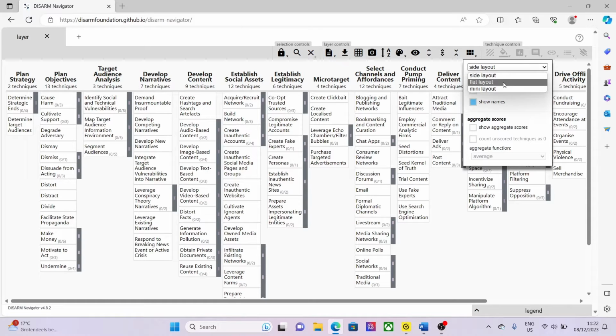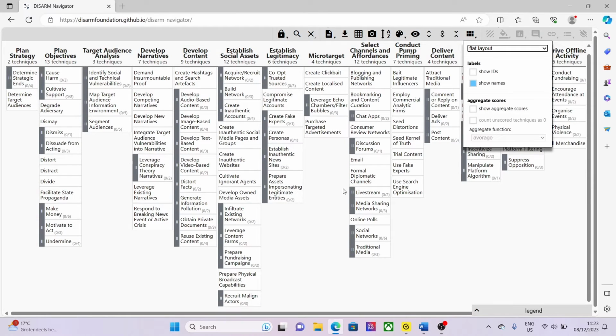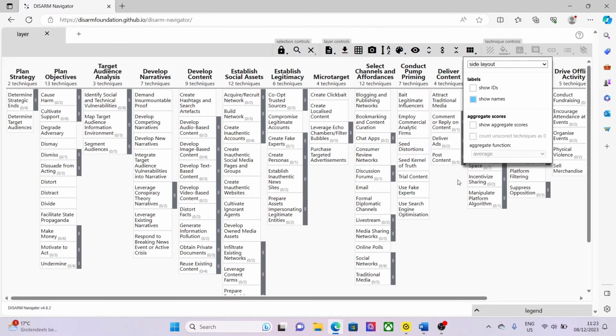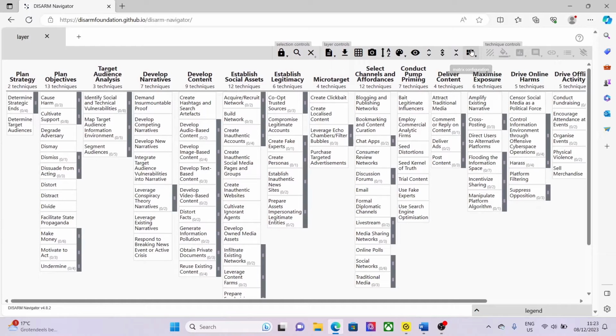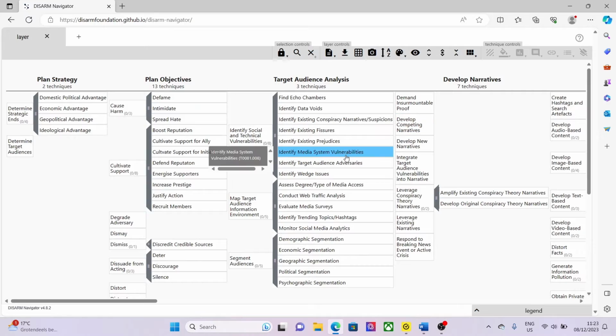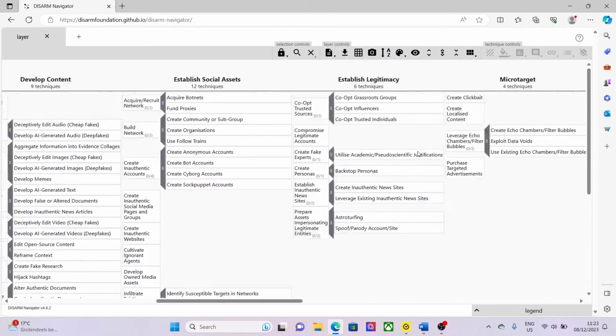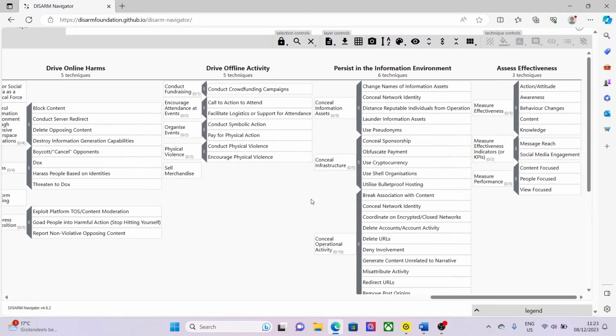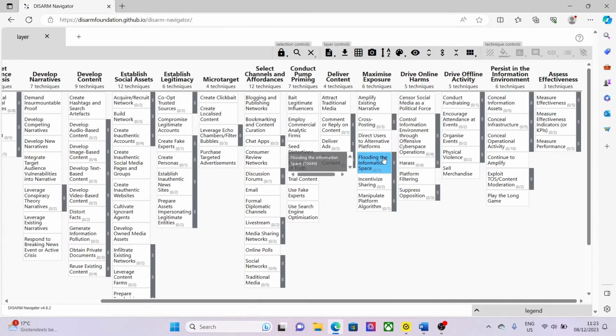Additionally, you can change the layout from a side layout to a flat layout. And the main thing that does is when you click on the gray tabs, the sub-techniques appear below a technique, as opposed to coming out from the side when you're in the side layout. All right, so let's say you're done with that, you can click it again. Other things you can do, you can expand the sub-techniques. So this is the framework with all of the sub-techniques expanded, and then you can collapse that, and you're back to the normal